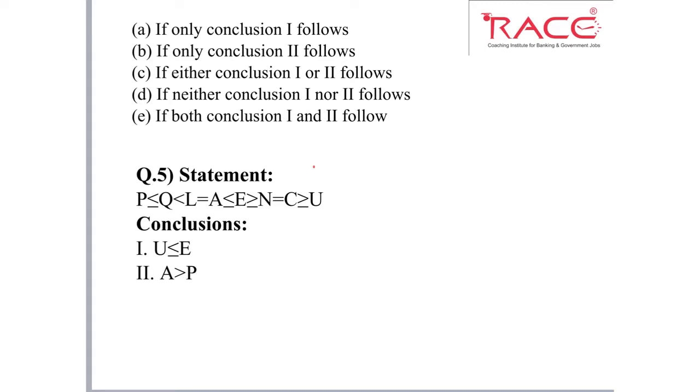So where we have U here, where we have E here. What is our first step? To check opposite sign. Here we do not have any opposite sign. Second, check the priority. So here highest priority is of greater than equal to. So what would be the conclusion? E greater than equal to U, which is equivalent to U less than equal to E. And this is what they are asking.